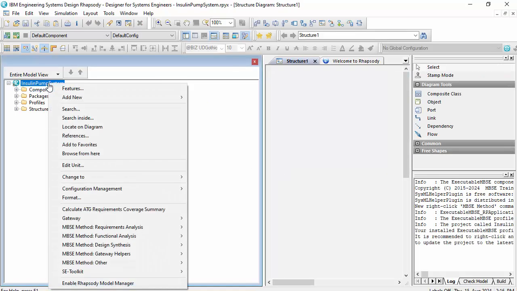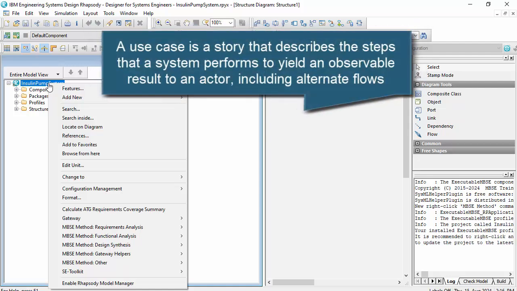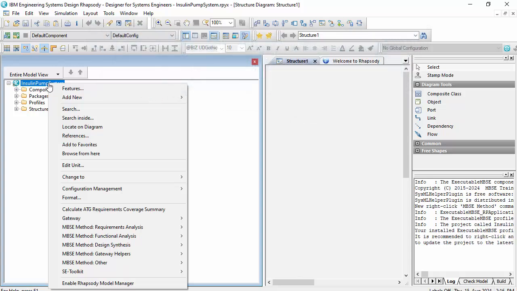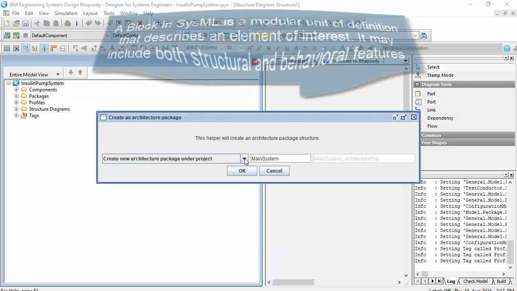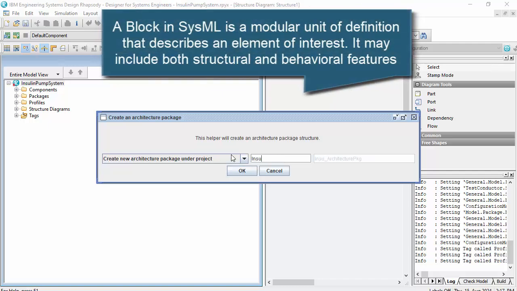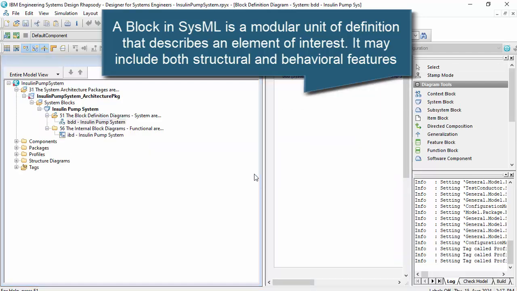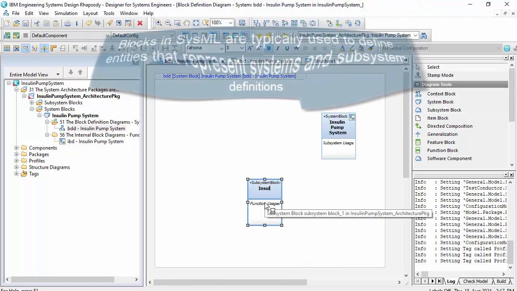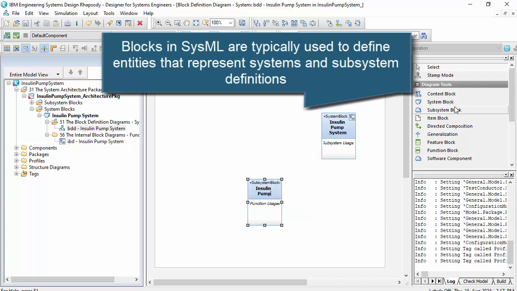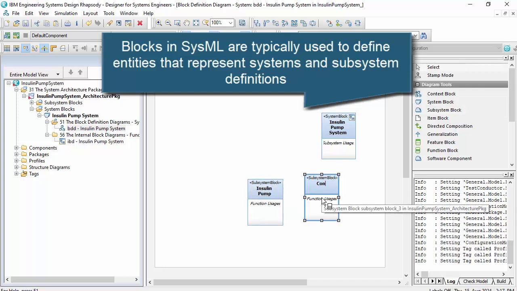Now, conventionally, you might start a project with use cases, and use cases you might decompose with, say, an activity model. An alternative to that is to start with blocks and do a decomposition using the block model. So the first thing I'm going to say is let's define a system architecture structure using a block definition diagram, and this is for an insulin pump system. And the insulin pump system has an insulin pump, a continuous